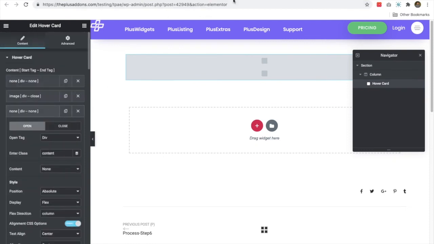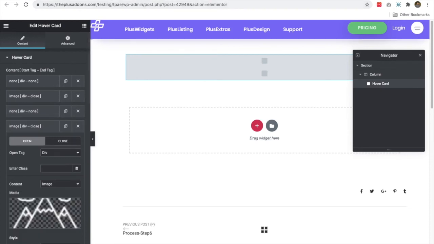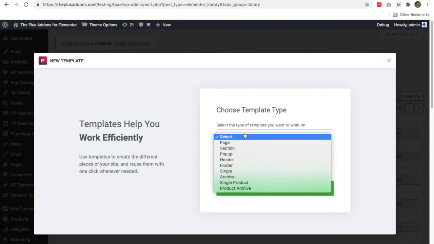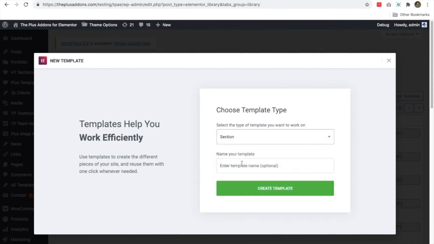Now you just need to create one new template in the backend. Add new section. Let's create a hover card template for the demo.